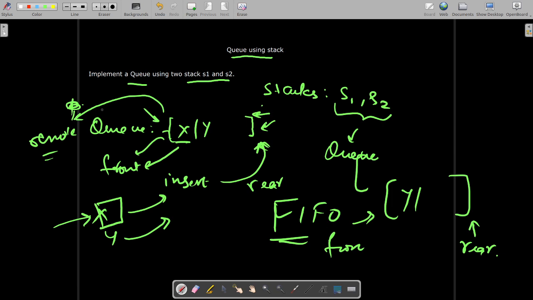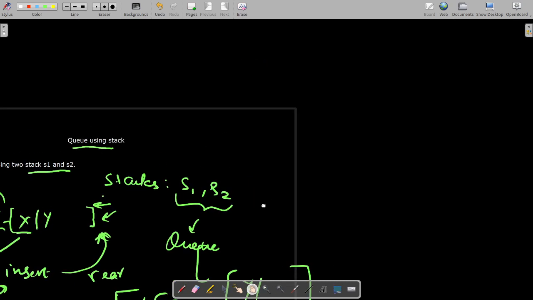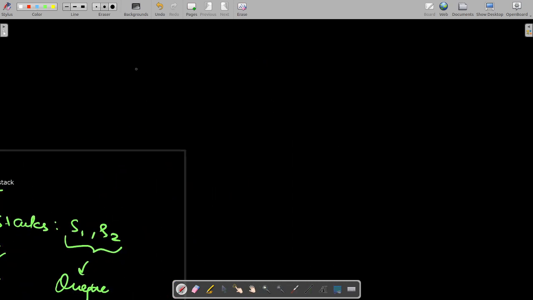I think it is clear what a queue is. Now let us talk about the stack. A stack has only one end, unlike a queue. It has only one end from where we push and from where we remove.